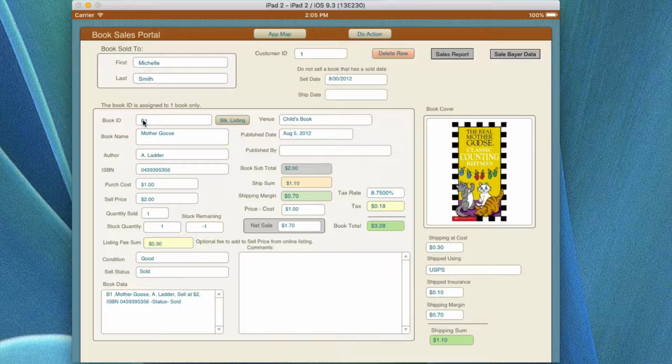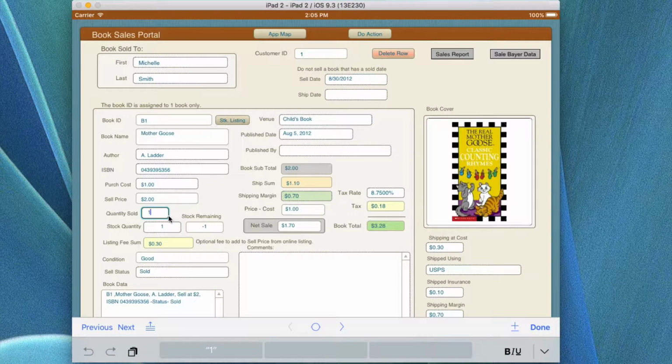Most of the information you see in here will come back from the books in stock. The other things that are not shown or empty would be comments, and all the stuff over here would probably be in there with the exception of the sold book. And I want to show you what happens if I take this out,